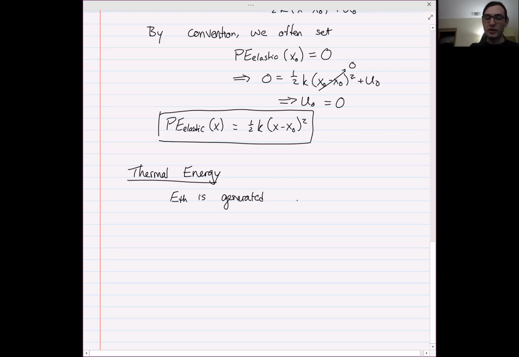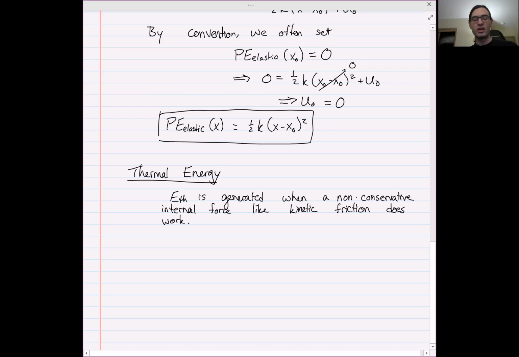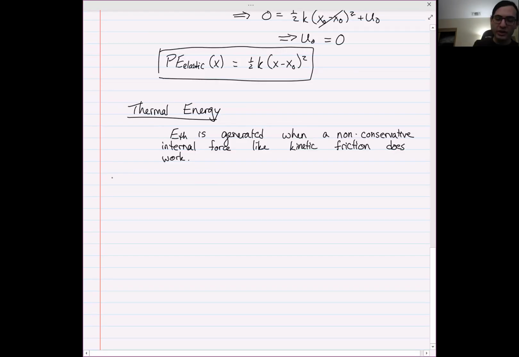when a non-conservative internal force like kinetic friction does work. Now remember, on Monday we went over how kinetic friction is not a conservative force. Hopefully you remember that. So when a non-conservative internal force does work, that increases the thermal energy of the system. The simple example that we will return to again later in the course